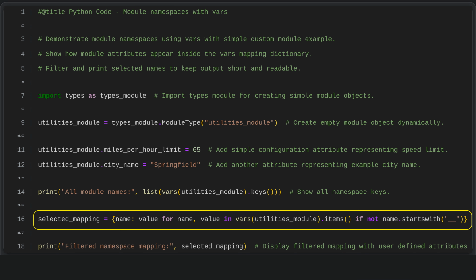We use a dictionary comprehension to build a filtered view of a module's namespace. Using the vars function, we get a dictionary of all the module's attributes as name and value pairs. We then keep only those names that do not start with double underscores, which usually mark special or private attributes. This filtering leaves us with a cleaner mapping that focuses on user-defined attributes and makes the module's contents easier to